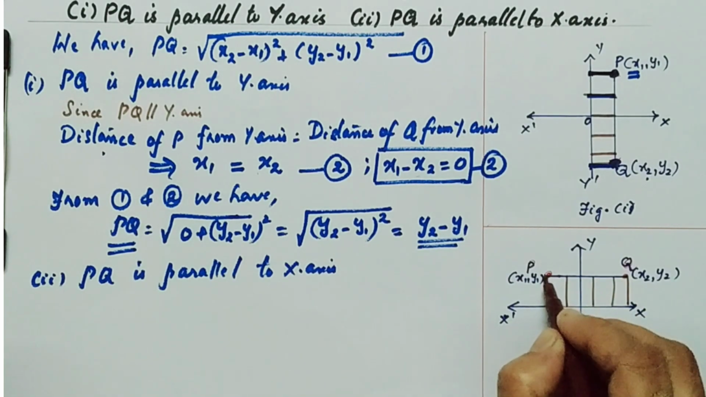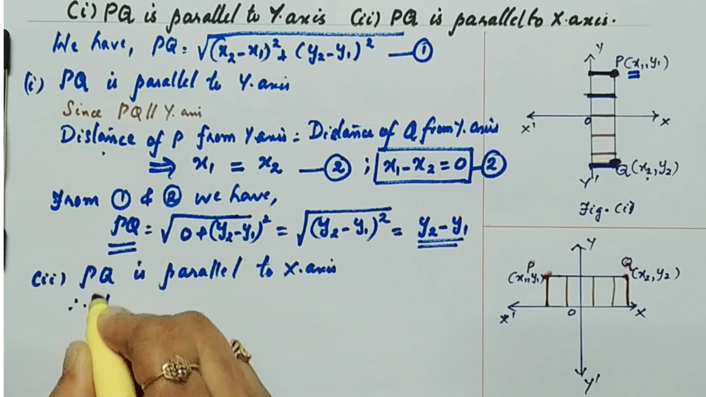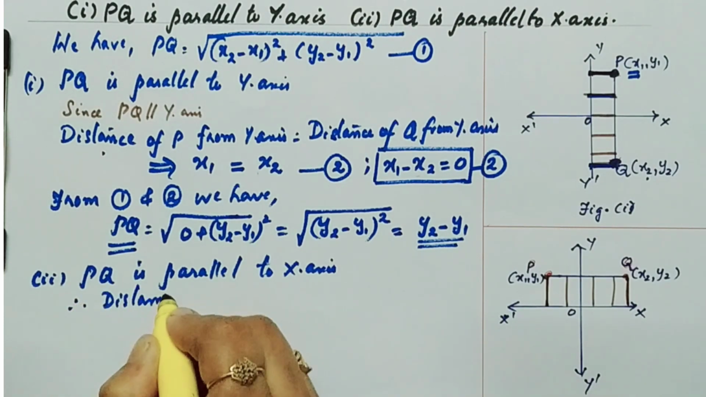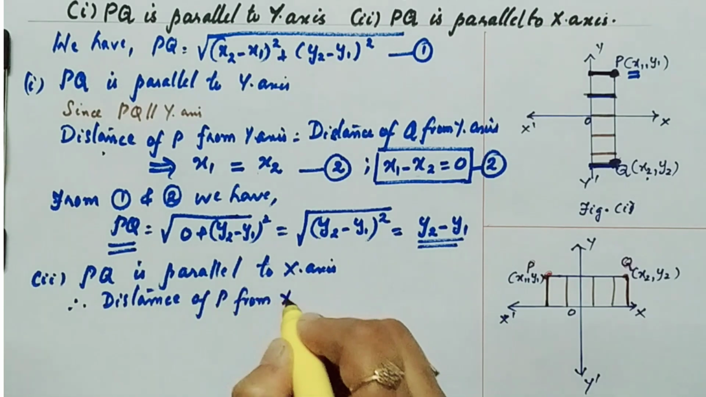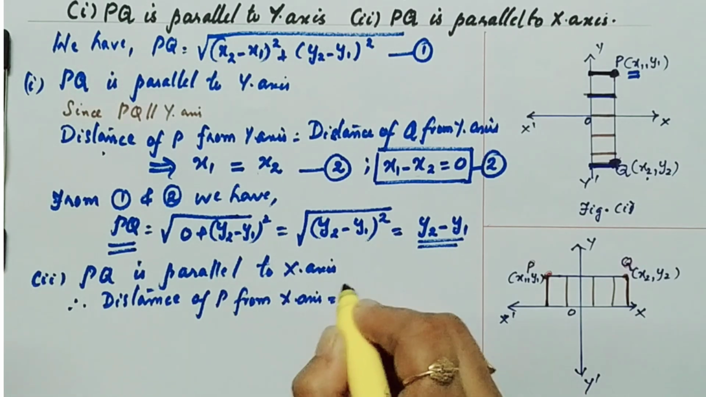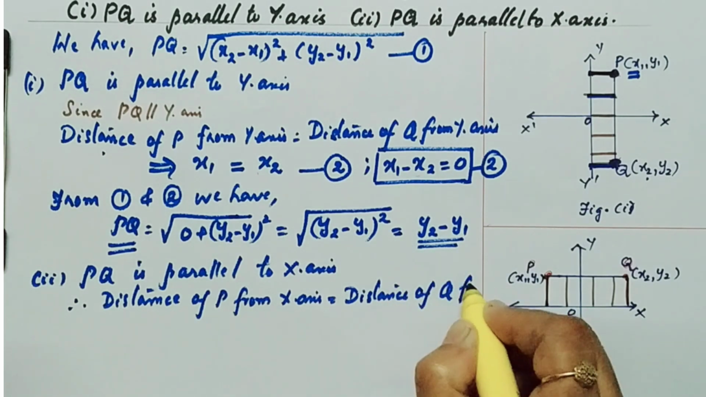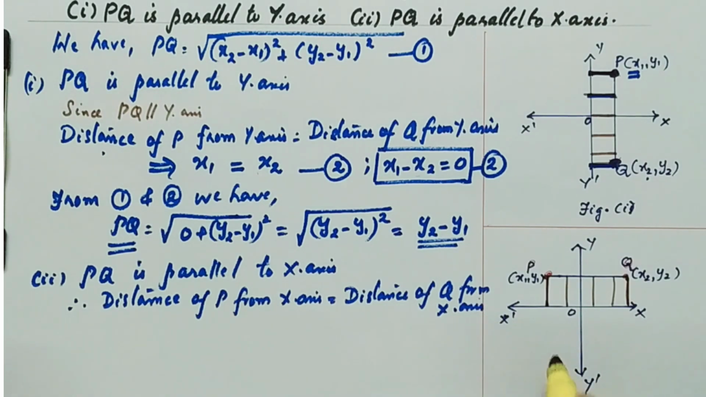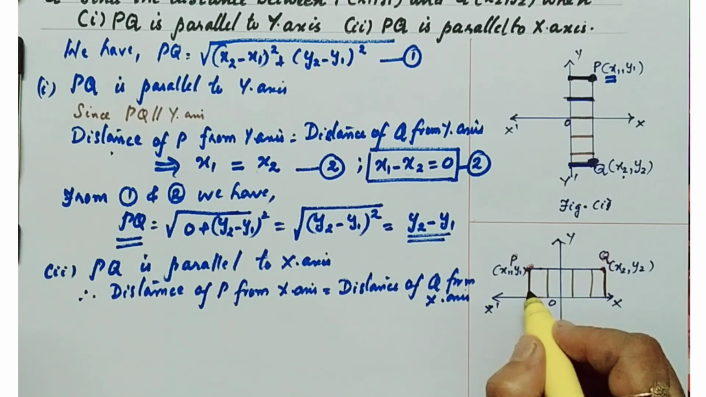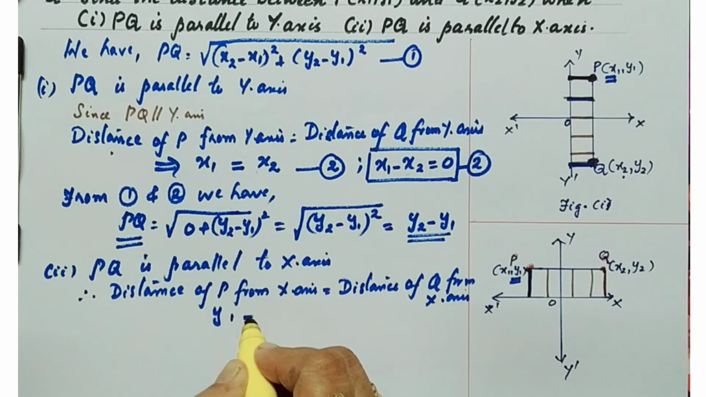This means that the distance of P from the x-axis will be the same as the distance of Q from the x-axis. Therefore, the distance of P from x-axis is the same as the distance of Q from x-axis. Both are the same. What is the distance of P from x-axis? It is this much height, which is equivalent to the y-coordinate y1,